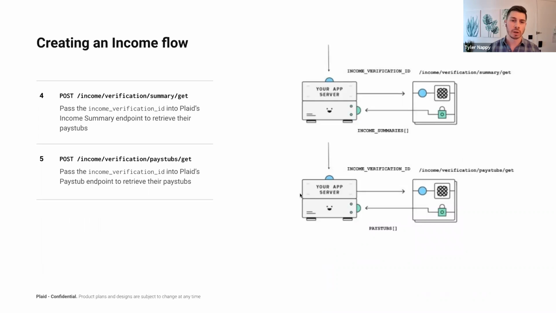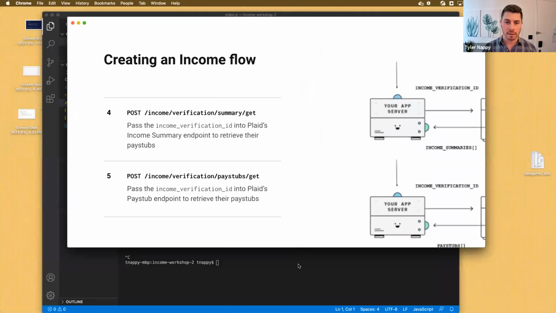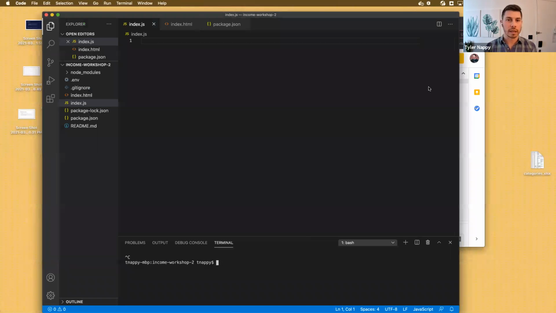So then you can pull these two API endpoints, the summary get and the pay stubs get, in order to get information about their income. So now that we know how this all works from an architecture standpoint, let's go ahead and start writing some